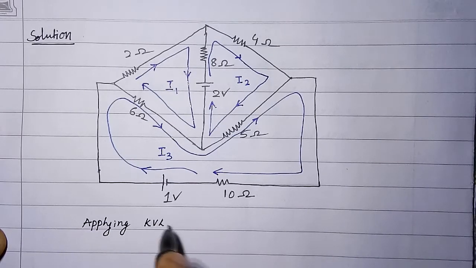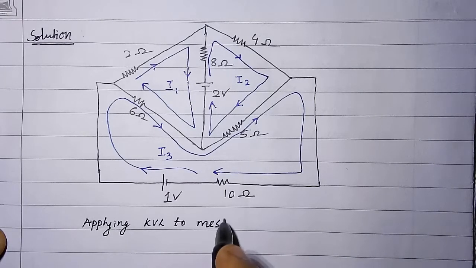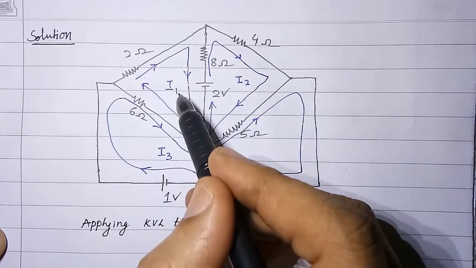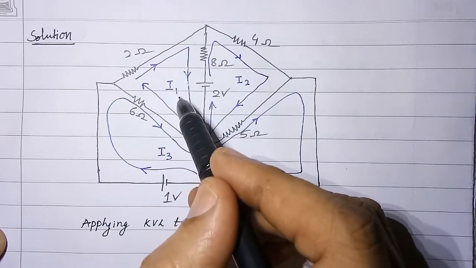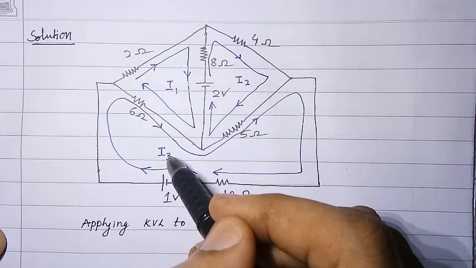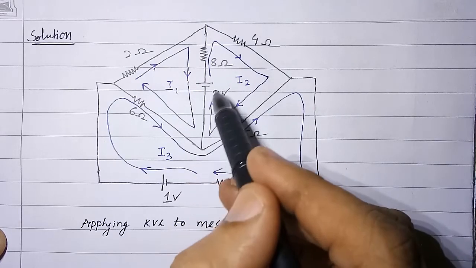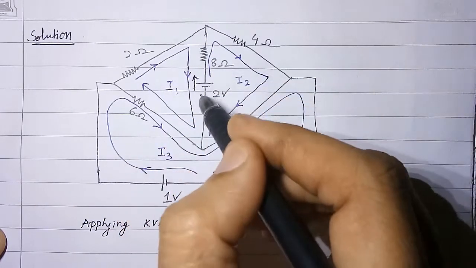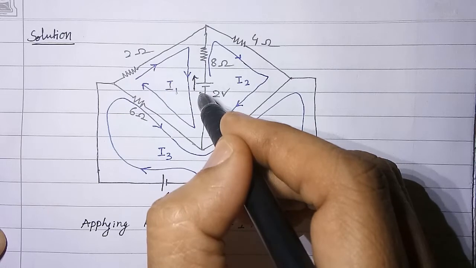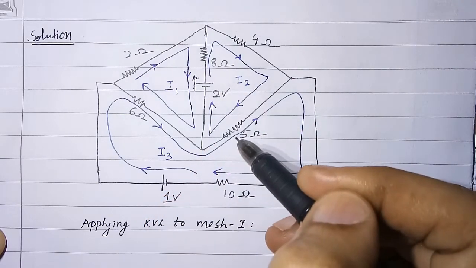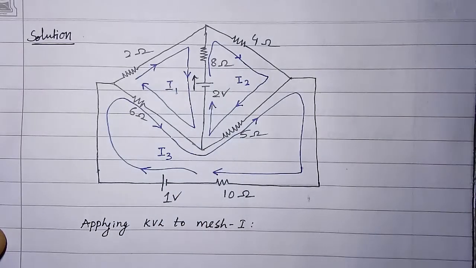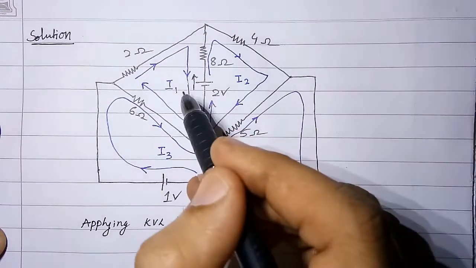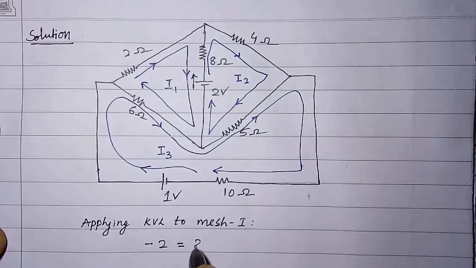Applying KVL to mesh 1, I will take I1 as positive, I2 and I3 as negative. Now through 2 volt source, current I1 is flowing in the downward direction, whereas voltage rise direction is upward for the 2 volt source. Therefore 2 volt I will take as negative. So minus 2 is equal to I1 into 2, that is 2I1,